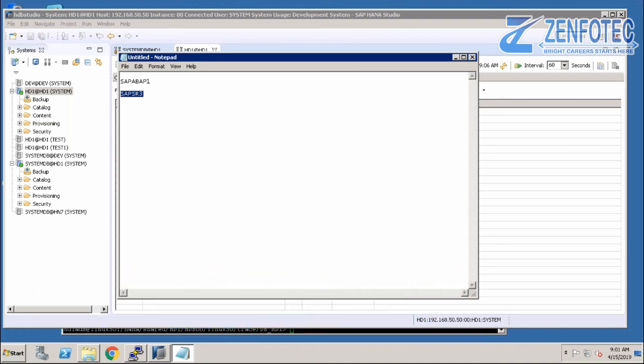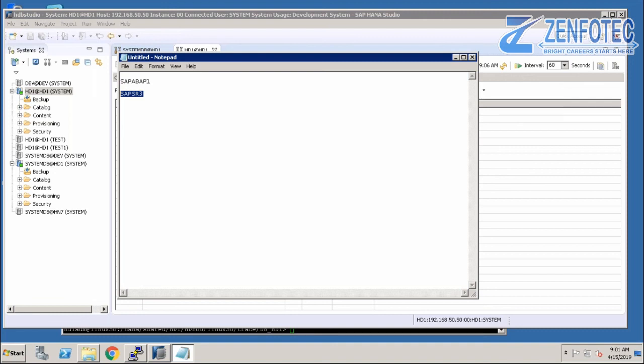So whenever I install the HANA database or SAP applications, I use SAPSR3 as the default schema. While installing, it will ask what schema you want, and you just put SAPSR3, which will be created in the database. You have to remember this.